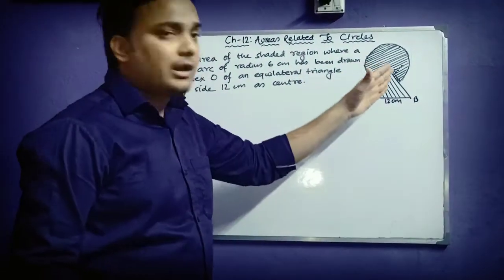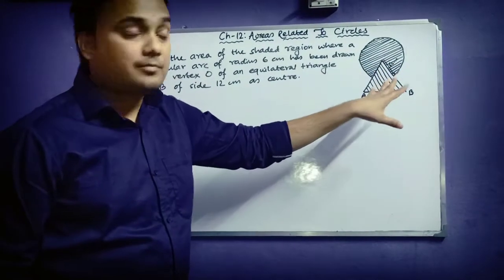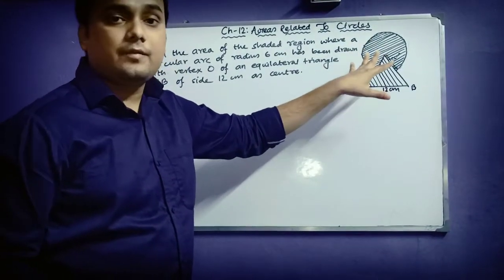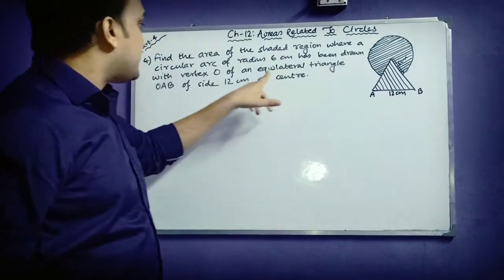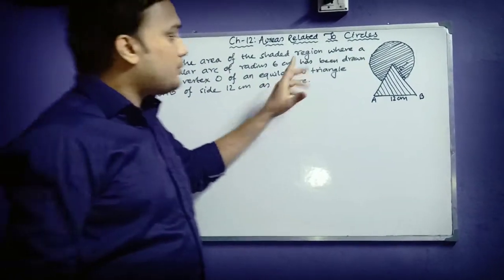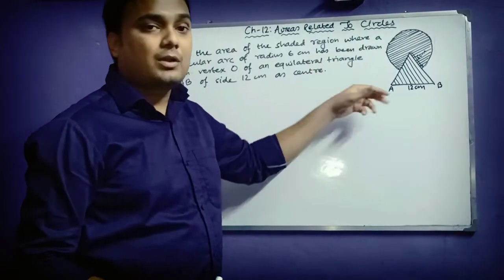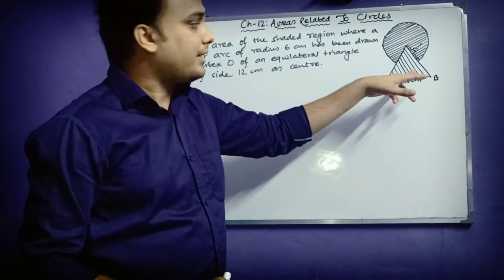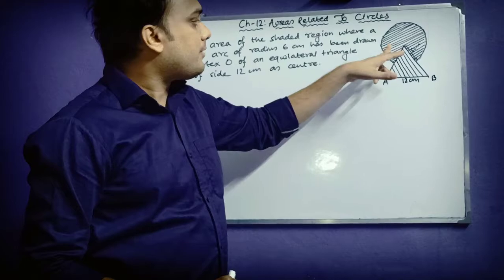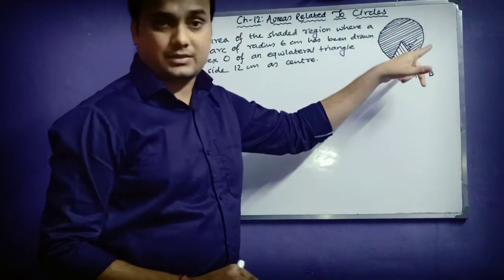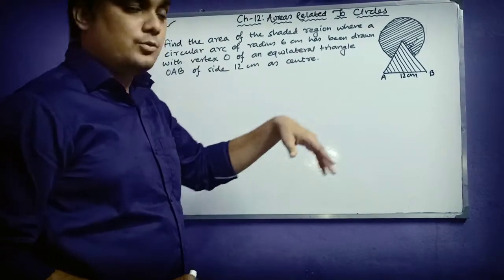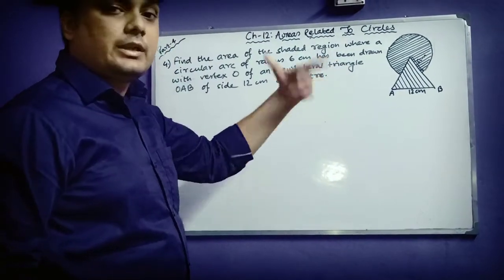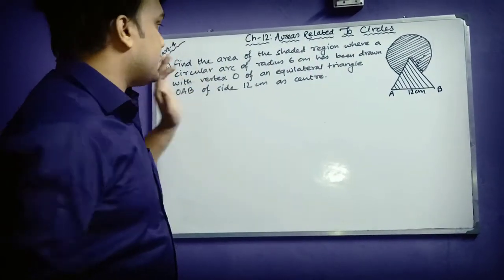As you can very clearly understand by just looking at the diagram, in order to find the area of this total shaded region, we need to find the area of this triangle which is said to be equilateral here. So by using the area of the equilateral triangle formula, we can evaluate the area of this equilateral triangle, and we will be required to find the area of this major sector by the formula theta by 360 into pi r square, and then we'll add both. Okay, so individually let us find these two areas separately.